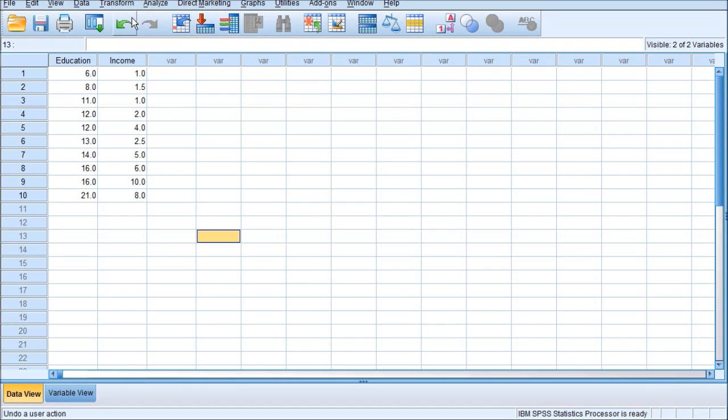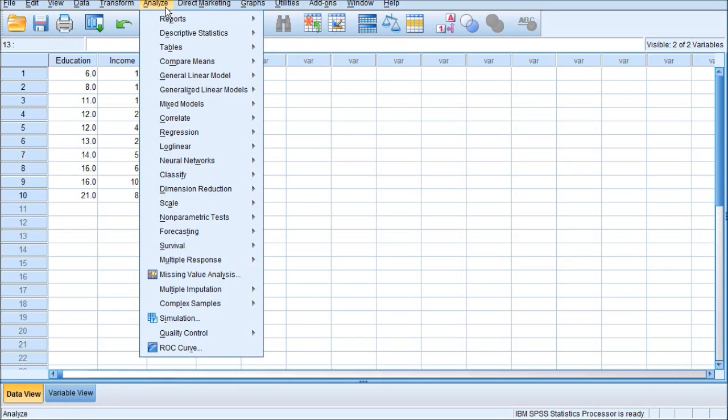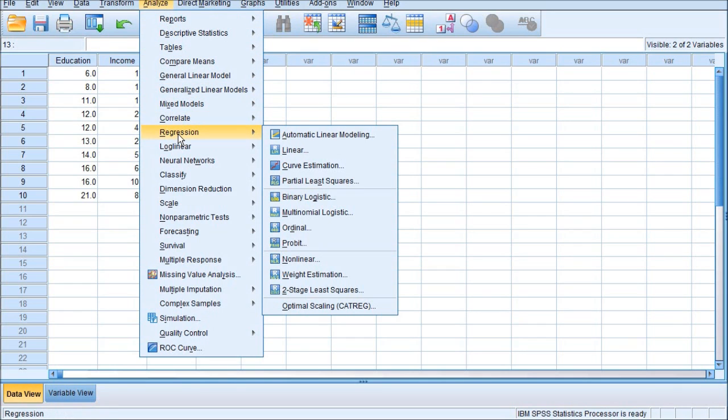For a regression analysis, simple linear regression, any linear regression, click Analyze here, and click this Regression option here, and under this Regression menu, click this Linear option. We are conducting simple linear regression.